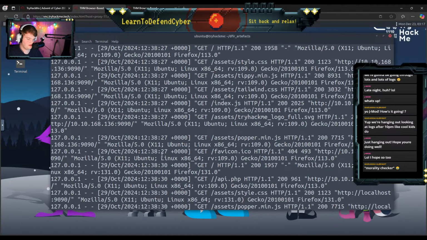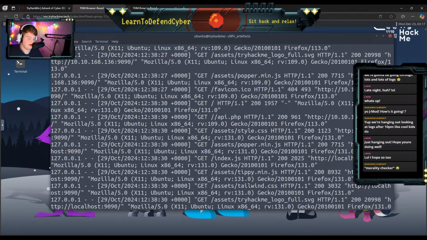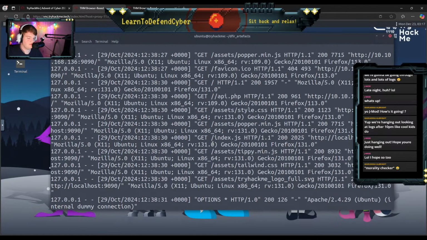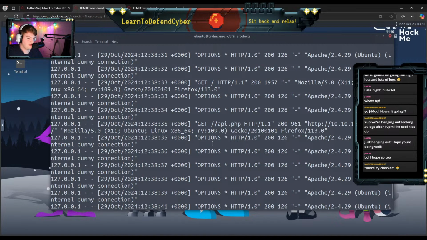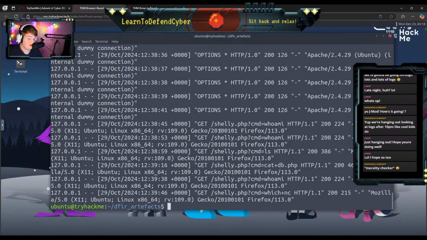I don't want to take a step ahead of the thing here, but what I would do is grep this out with anything else with that shelly.php to see if we had any more interesting things. But they're right here at the bottom. Who am I? ls, figure out where they are. They can cat the database. They run who am I again? Plus nc, so they're spinning up netcat.